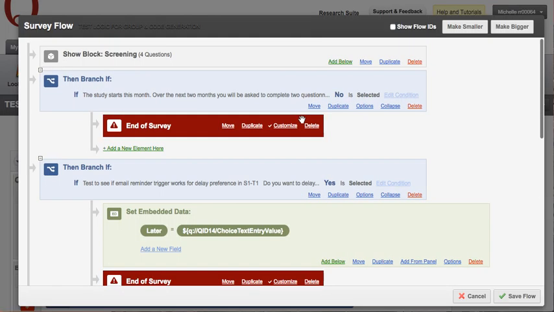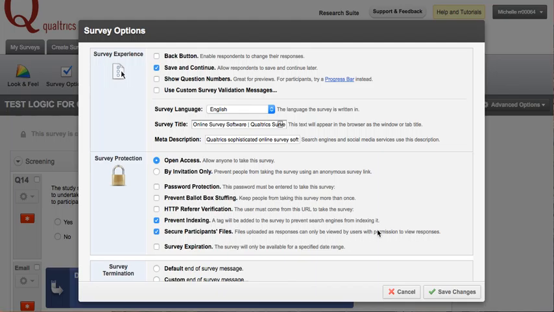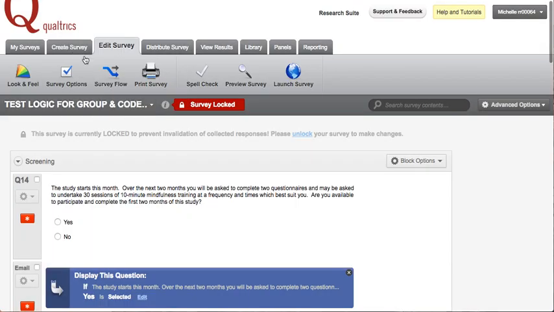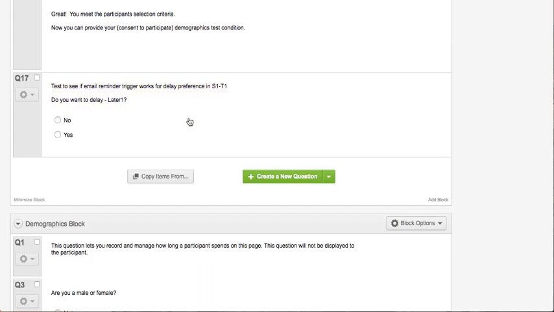But the second option is that with these anonymous links, if you go to your survey options, you'll see in here there's an option to save and continue. This basically can figure out where exactly someone left off. So you can leave a message on this page that asks, do you want to come back later? You can say, if you are not ready to complete the survey now and would like to come back and finish it later, simply close down your browser now, and when you're ready to continue, just click on that link again. You have to specify that they must use the same browser and device in order to do this,